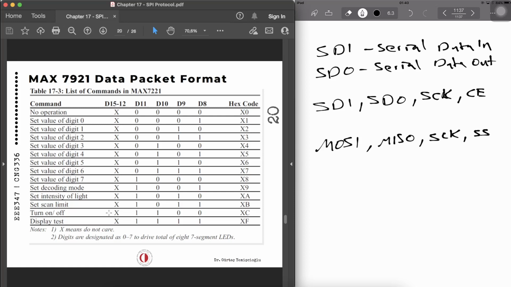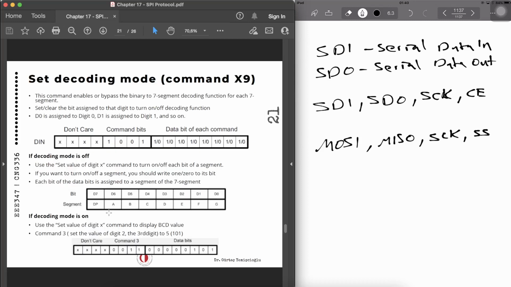operate multiple 7-segment displays. And when we talk about setting the decoding mode, there are 2 modes: decoding mode off and on. Enabling decoding is useful when you do not want to deal with converting a binary number to 7-segment codes manually. And bypassing is useful when you want to show a special character or anything else that is not predefined. Okay, so as you can see, we have the don't care command bits and the data bits of